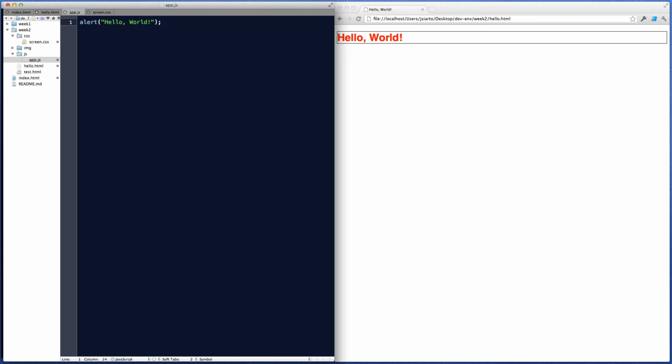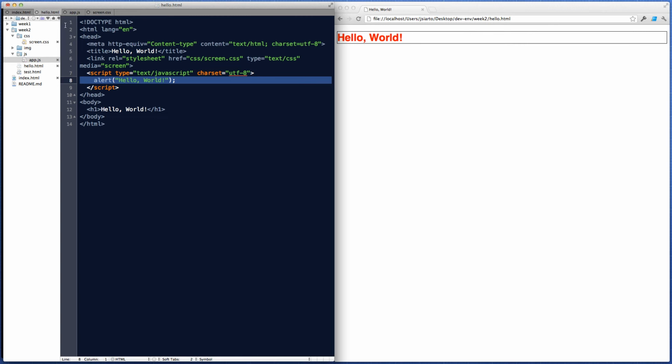So we will leave that alert inside app.js. And in our hello.html, we can remove this. We still want to keep this script tag, but what we can do is we can come up here and we can add a source